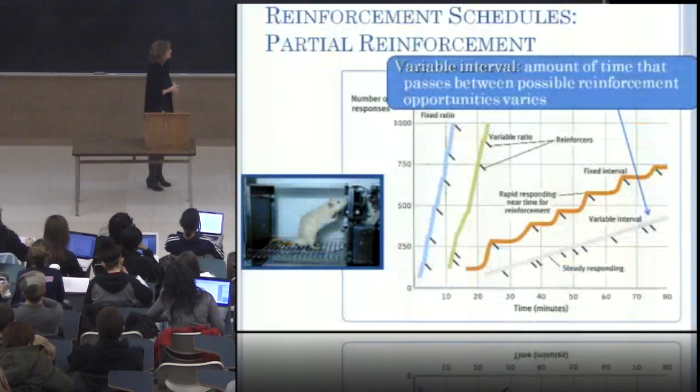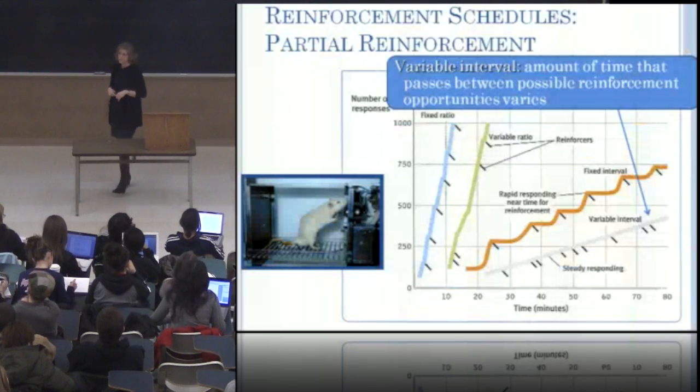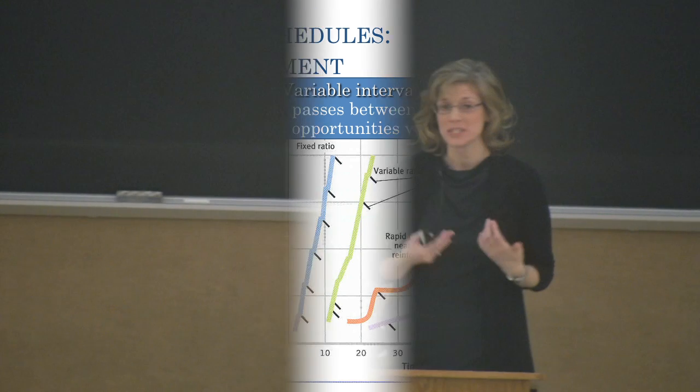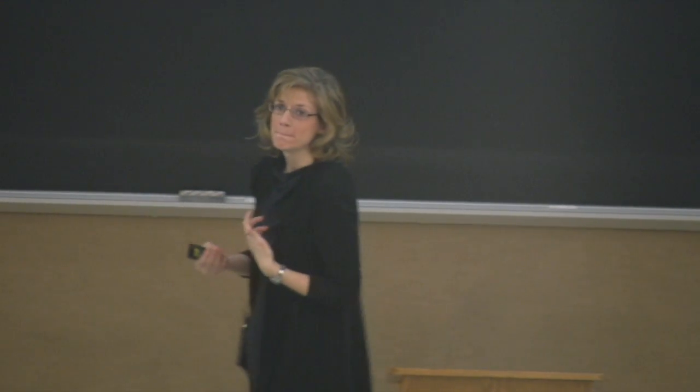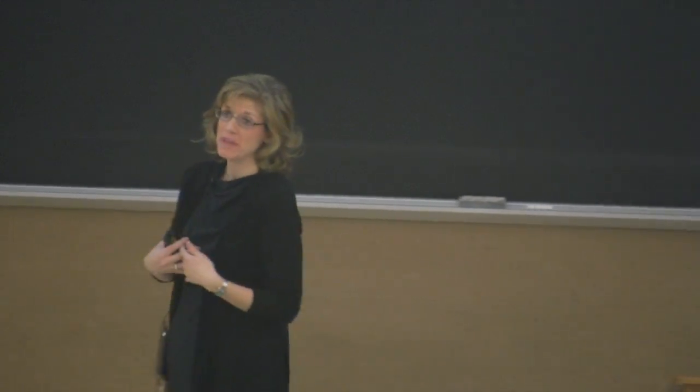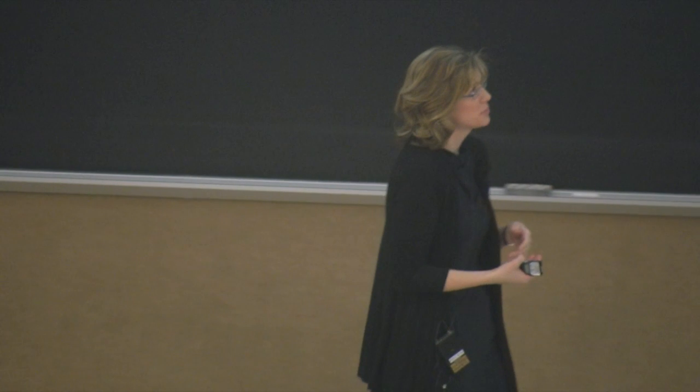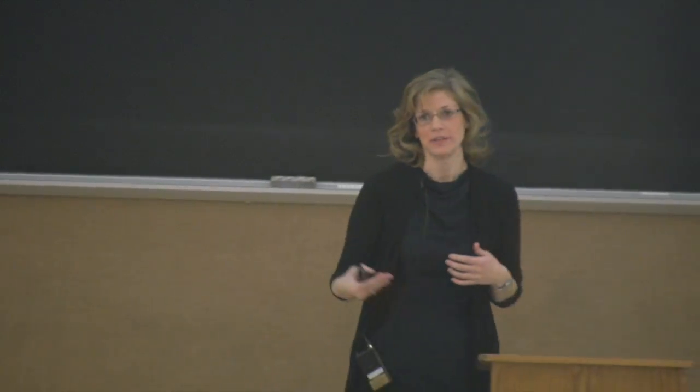Okay, and then finally, we have variable interval schedules. Variable interval schedules are, of course, where behavior is reinforced after variable amounts of time. You don't know how much time it's going to take. So this is something like checking email. Whether or not you get an email in response really doesn't depend on how many times you check it. You're going to get email maybe every 5 minutes, every 2 minutes, every 10 minutes. So this leads to pretty slow and steady responding.